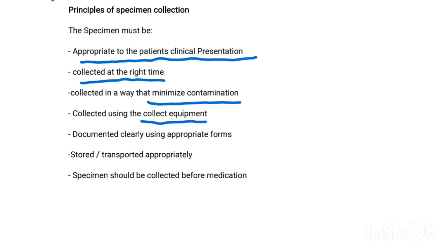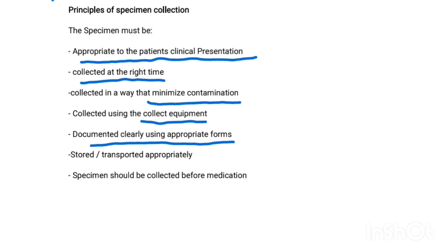Documented clearly using appropriate forms. Okay, so there are some forms that each hospital has where the details of a patient are being written. Make sure that the name is written, the age, and the sex have to be written on that form. The condition, the type of clinical presentation, has to be written. So make sure that all the details of a patient are written